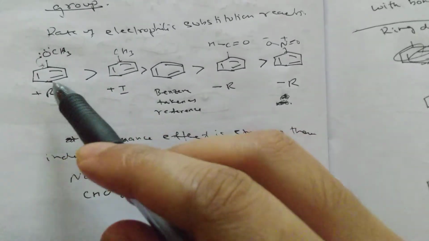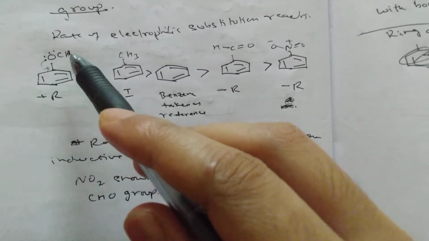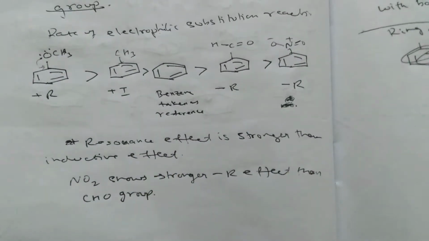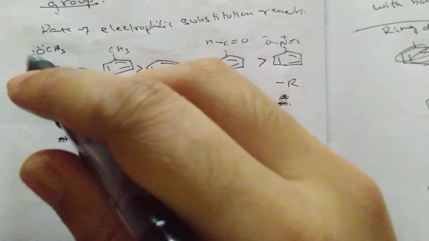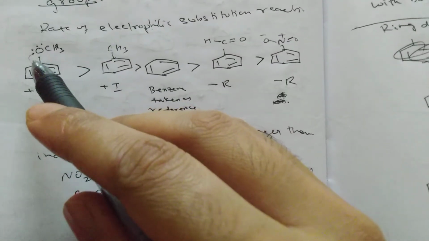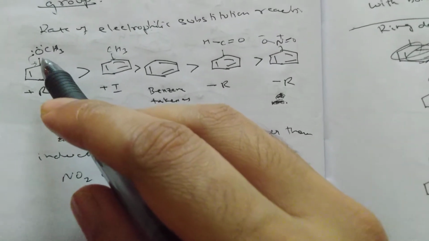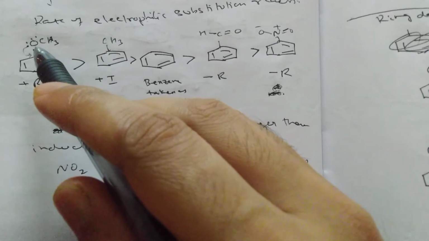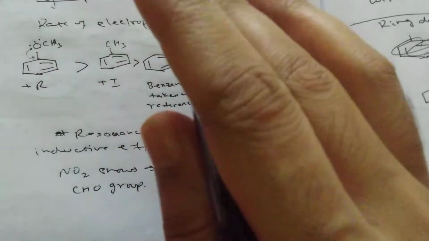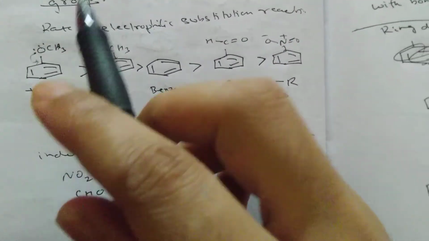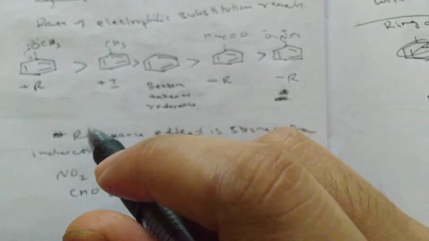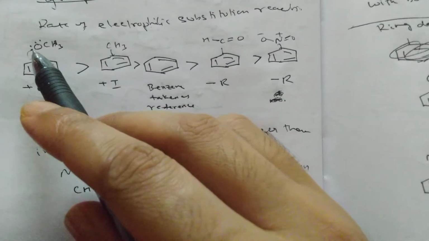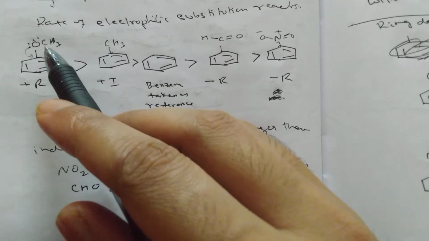This one is called anisole. When you have OCH3 on benzene, it is anisole, and when there is only CH3, it is toluene. Okay, so understand this part. Though oxygen is very electronegative, the second most electronegative element in the periodic table after fluorine, and shows a strong minus I effect, there is still no comparison between resonance and inductive effect. Resonance effect is much stronger than inductive effect, and therefore it is still a pumping group and a much stronger